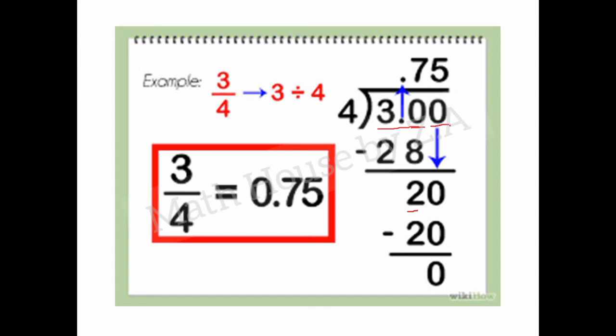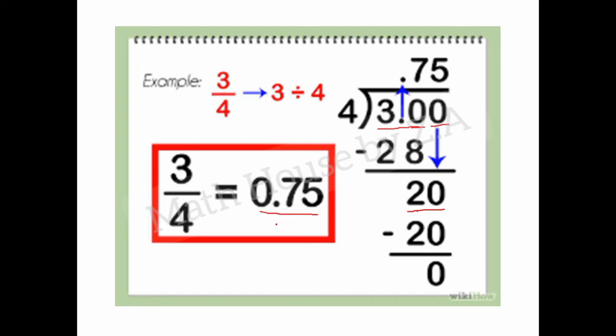Put one more 0 next to the 2, and it becomes 20. 4 fives are 20 and 20 minus 20 is 0. We reach a 0 remainder. Now our division is complete and the answer is 0.75. So you can say 3 upon 4 is a fractional form and it is equal to 0.75, and that